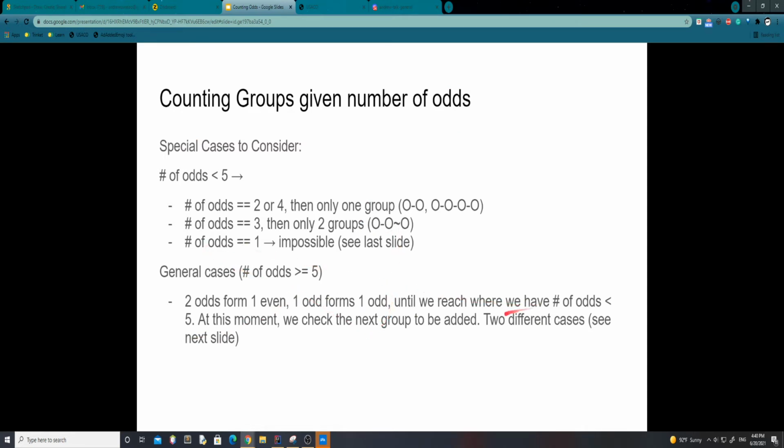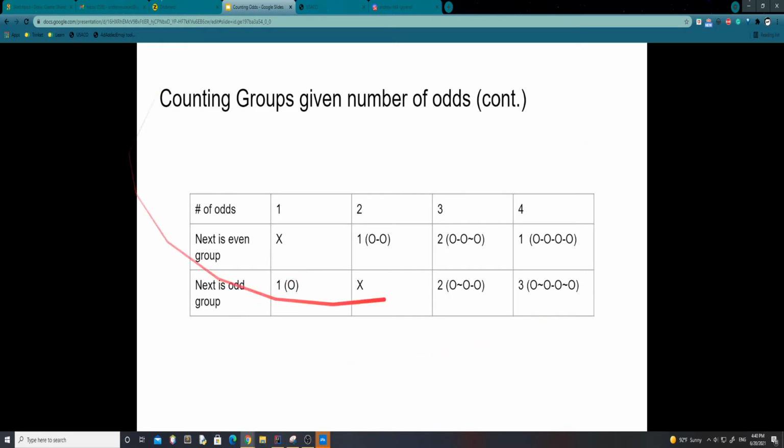At this moment, we check the next group to be added, in 2 different cases. Here we have our special cases, where the number of odds is modeled by 1, 2, 3, and 4. Here is where we're trying to get the next group, and this is going to be the group that we last did. So if the next is an even group, that means we have to form it even with our remaining amount of odds. We cannot form an even group with 1 odd,